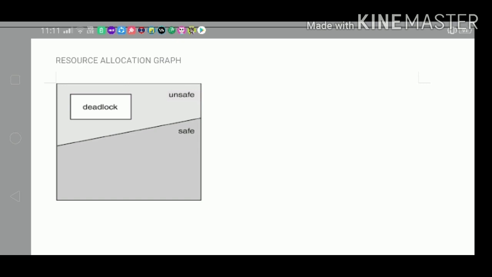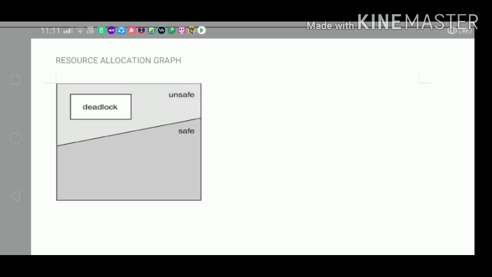So what is the deadlock? What is the unsafe state? If there is a deadlock, that means there is an unsafe state. If there is an unsafe state, that means there may be a deadlock. So we are trying to find a sequence of processes which allows the processes to complete their execution by requesting resources whose need can be granted by the available resources plus the resources held by other processes, and still there is no deadlock. So that is a safe sequence.